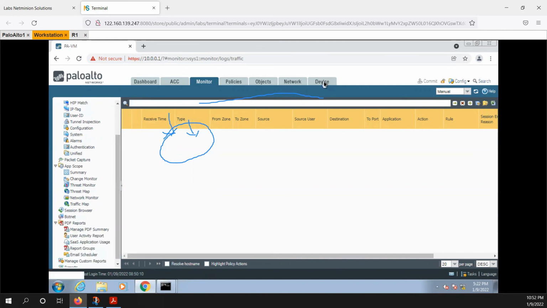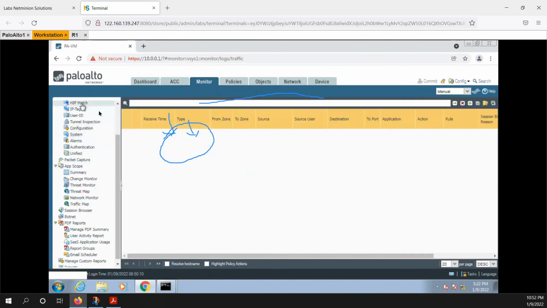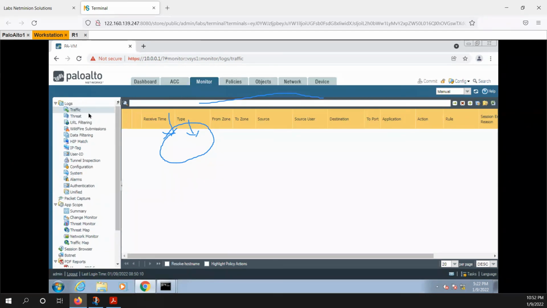License is the factor. This firewall is not activated. That's why we are not able to see any logs over here. Which license do we need to activate? The firewall license, the base license itself, you need to activate. Oh, okay, I got it. The first one which we talked about, firewall. Just wanted to check if it is activated.